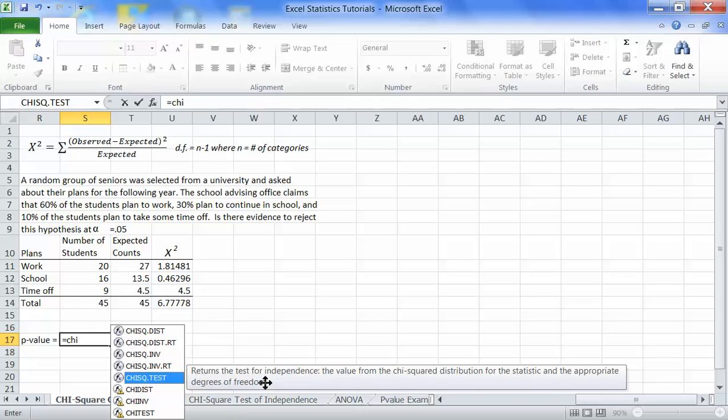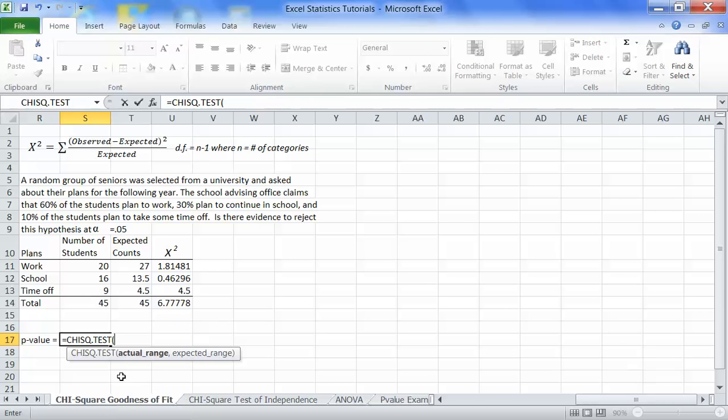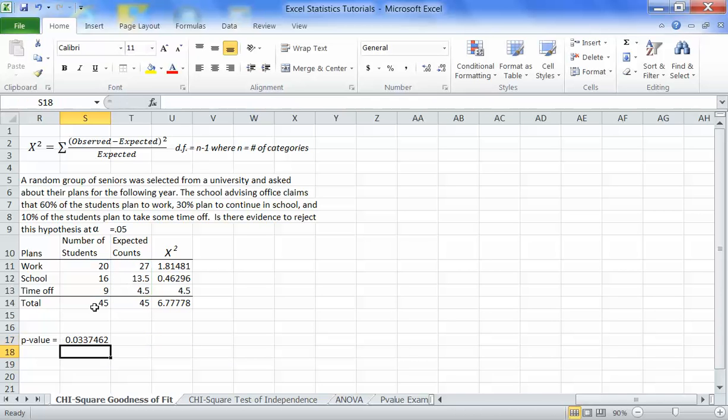So I can click on it and it'll actually tell me what it does. In this case, it says returns the test of independence, but we can actually use it here also for the goodness of fit. I'm going to double click on this, and now it tells me I need to do the actual range, comma, the expected range. So I go to my actual or observed and hit comma. And then I go to my expected, drag to that. Highlight that range. Do not include the totals and do not include the labels in this case. Close parenthesis, hit enter. So now I get my p-value,